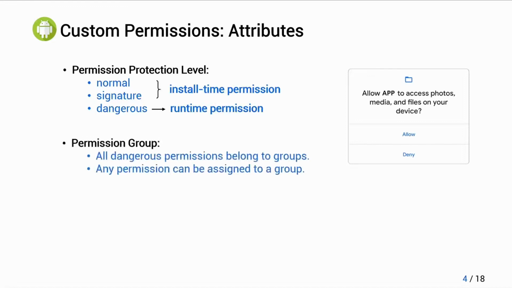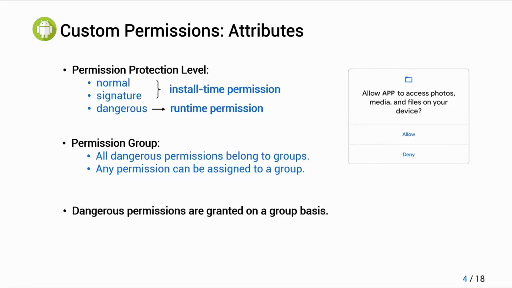Permissions are organized into groups related to a device's capabilities or features. All dangerous permissions belong to permission groups, and any permission can be assigned to a group regardless of protection level. Also, dangerous permissions are granted on a group basis. If an app has been granted a dangerous permission, it can get all the other permissions belonging to the same